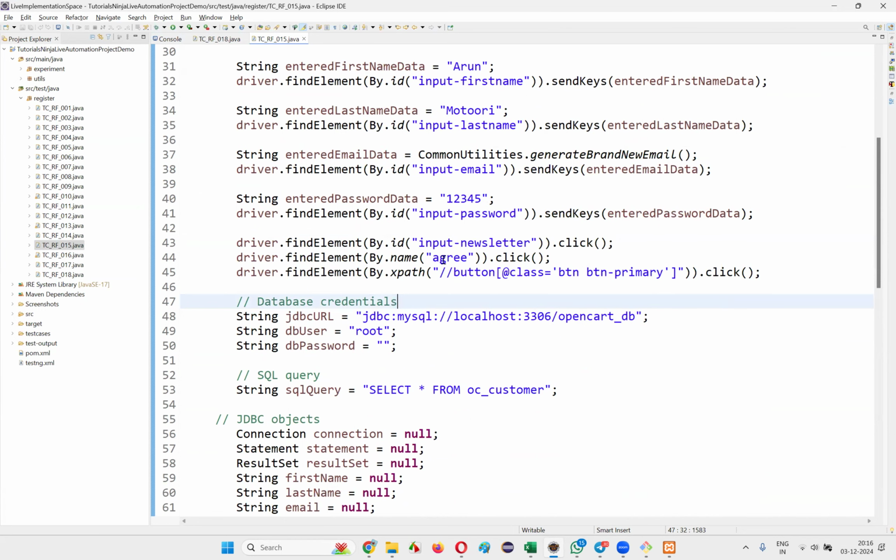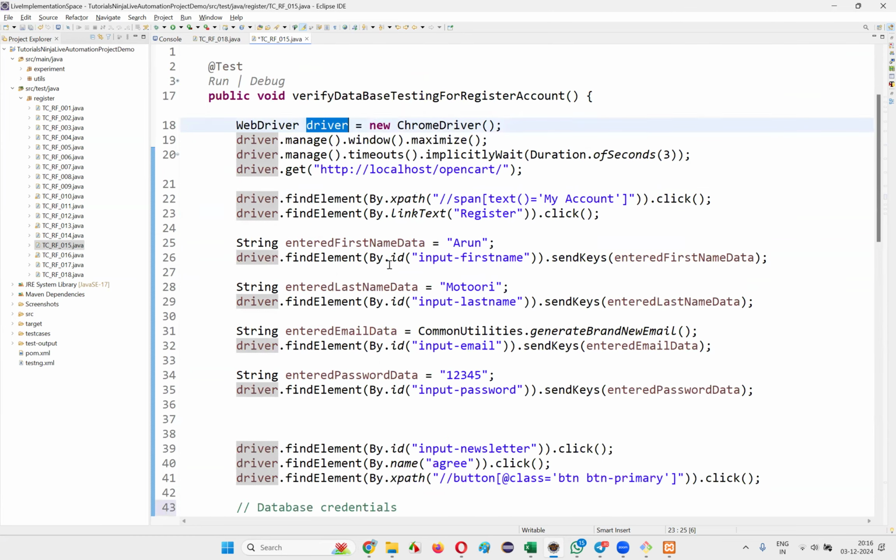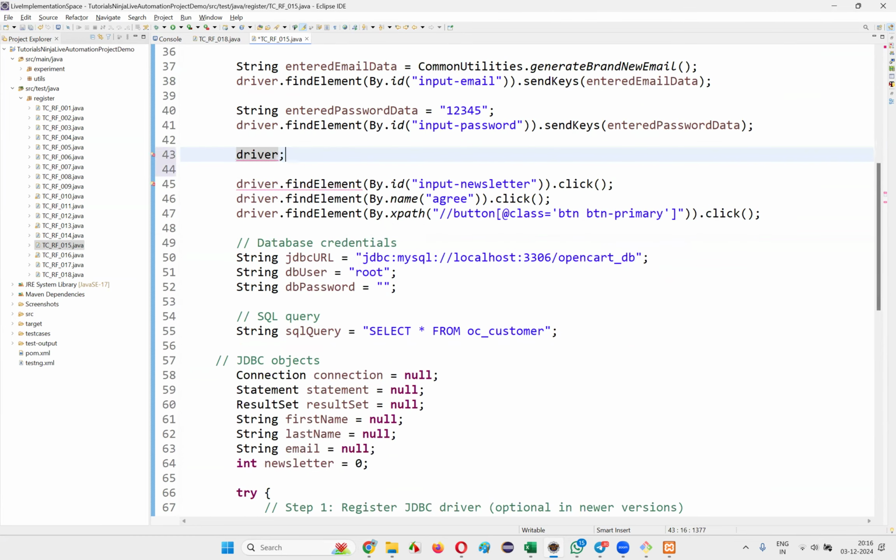Okay, scroll the page down. Here is the line you are getting, right? Before that happens, after the password. Yeah. Here, just observe what I'm trying to do. I will take the driver, put the driver here. Put a semicolon, and before the driver, just write down